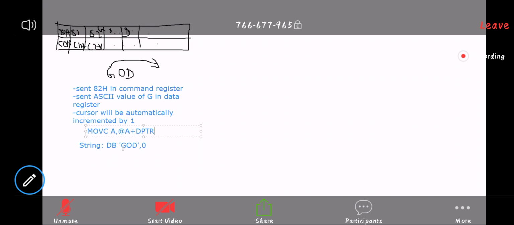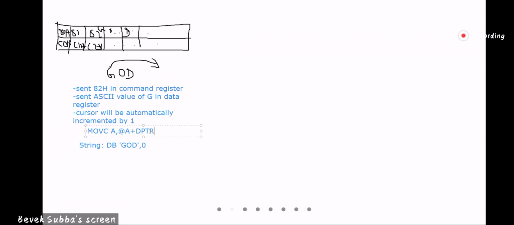Firstly, you will put the address of G in DPTR. DPTR will first point to the location of G, that is 82. Then I will increment it one by one. But before that, I have to initialize A equal to 0.